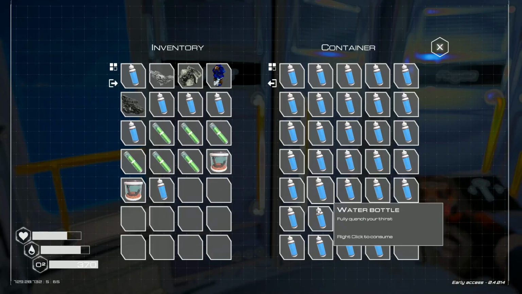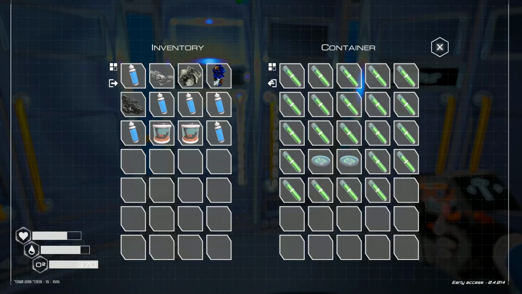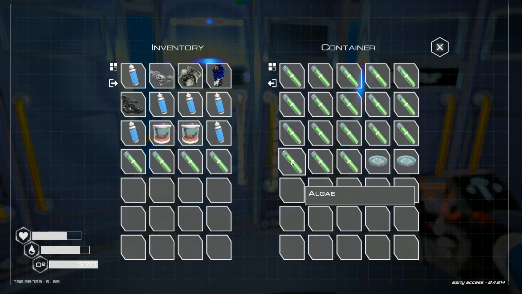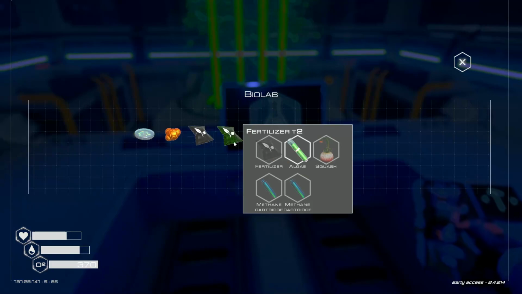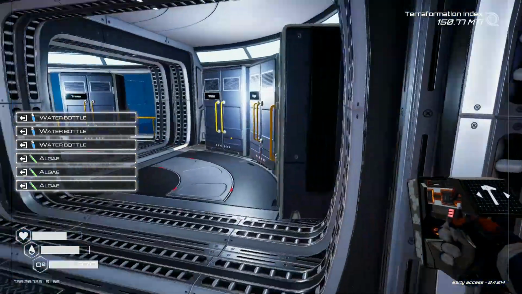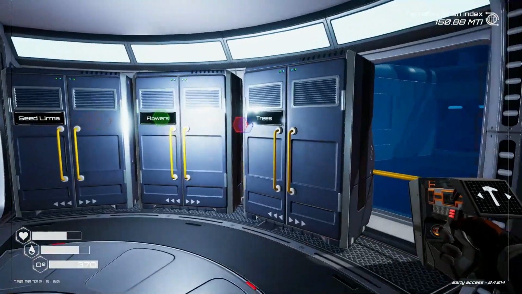I'm going to keep a water on me. Ooh, I'm actually out of storage for water. That's kind of a good problem to have. You know what we can do? We can make a few more bacteria samples to use up some of our water and algae just for space, because we're going to need those. We're always going to need